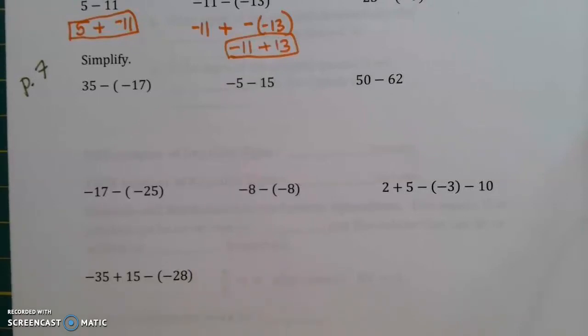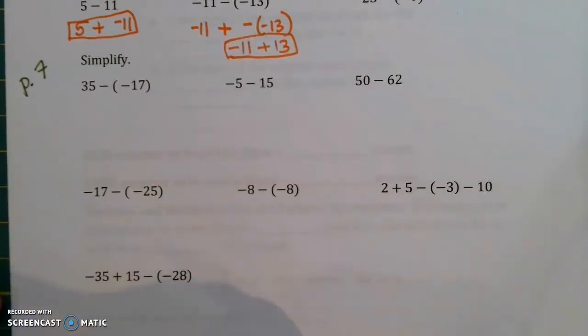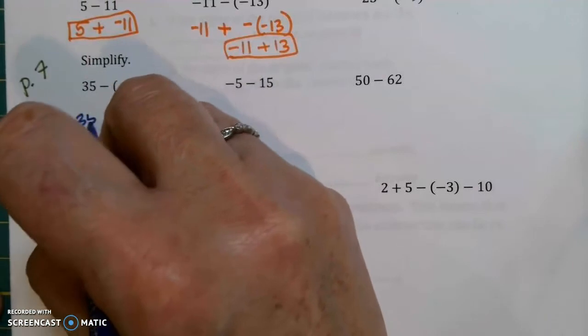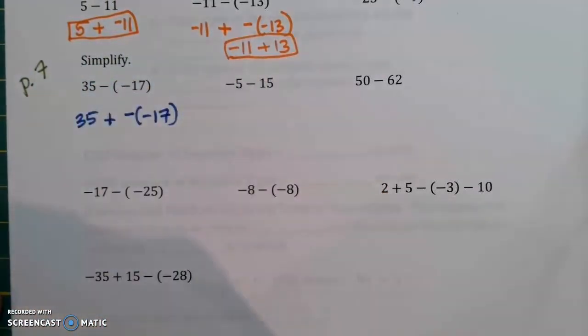Right, we're back and looking at the bottom of page 7, looking at subtraction with integers. So remember that we want to rewrite these as addition first, and that is going to make it a lot easier. And then once we've done that, we just follow the rules of addition. So for example, with this first one, 35 adding the opposite of negative 17 is how I'm going to